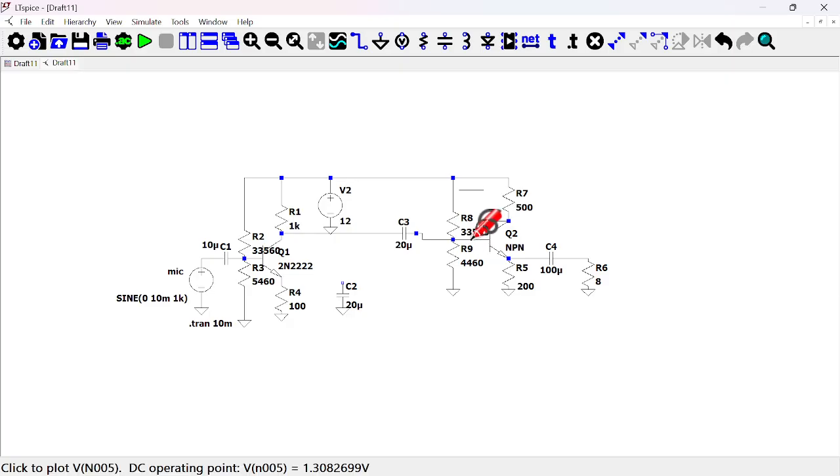But when it comes here, I have 1.3 take away 500, roughly around 800. So the signal coming in will not drive this to VB of 900, which will make the transistor misbehave. So now